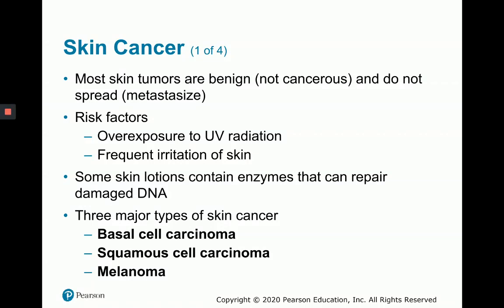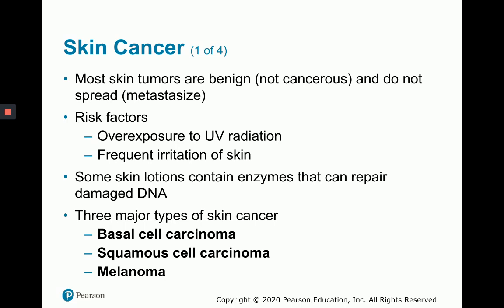So we'll start with skin cancer. Cancer in general is a group of diseases, not just one. We have different skin tumors, some are benign, not cancerous, and others are cancerous and spread. Cancers or tumors that spread are called metastasizing tumors. Risk factors for developing metastasizing tumors include overexposure to UV radiation or frequent irritation of the skin. Even some skin lotions can contain enzymes that repair damaged DNA. Now, these are few and far between,